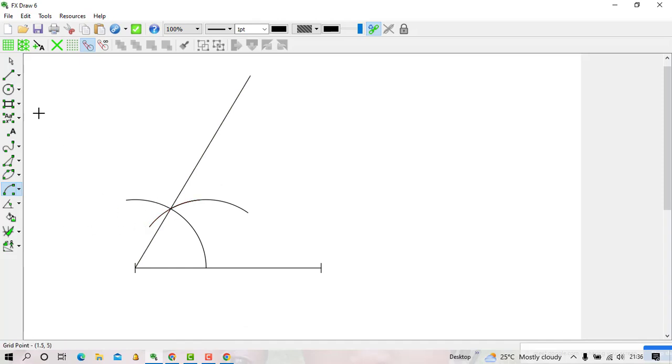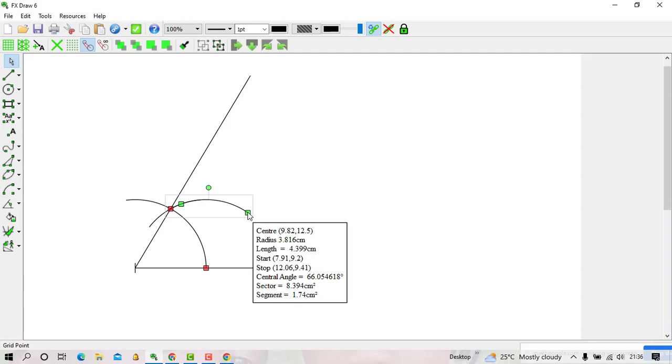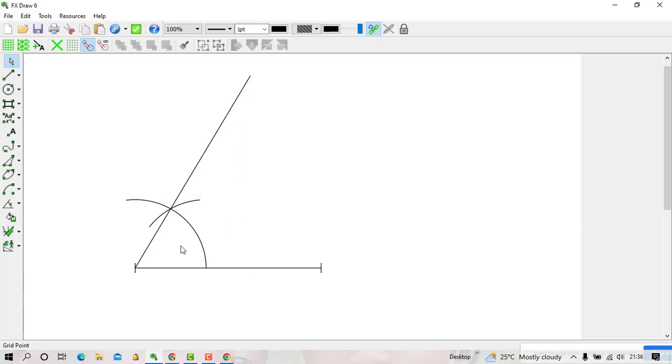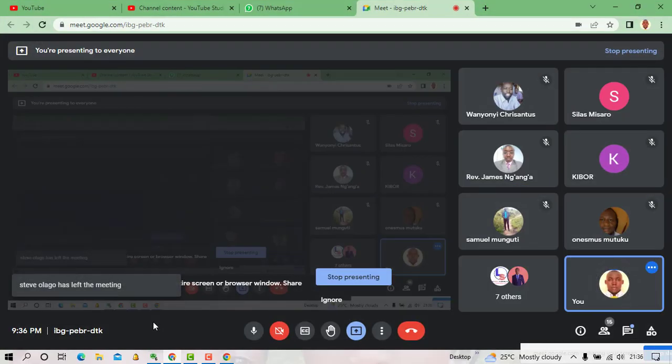You see that it has extended. Then I disable, and at the end I pick the one I had drawn at the beginning, and then I delete that one. So if the angle here inside is 60, then I have followed keenly the procedures of constructing 60 degrees. Yes, Senior James.